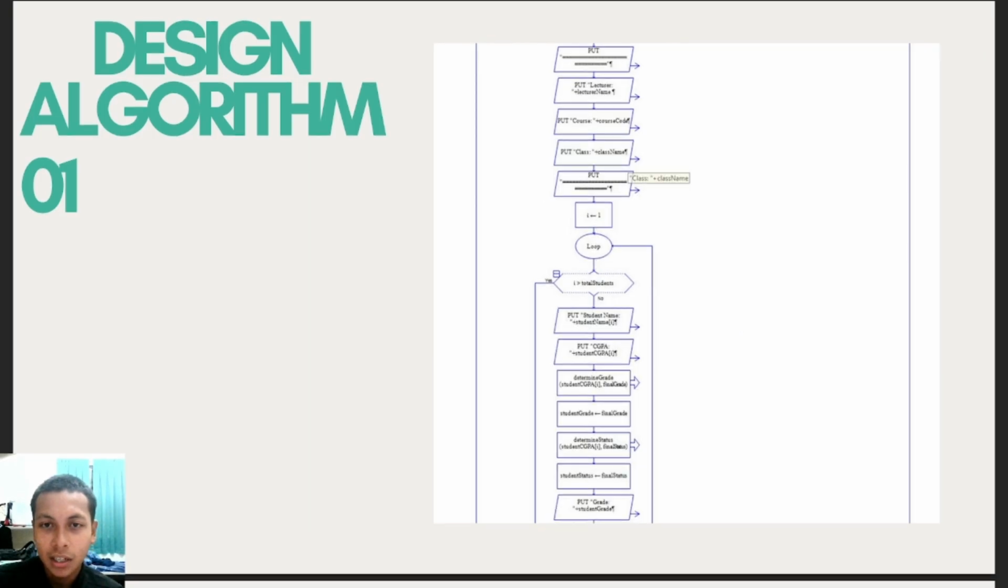Okay, here it will output the information for the lecturer name, course code, and class. Here you will see we also use a for loop. This is the third for loop, I think. Yes, the third for loop. In the loop, it will repeat to output the student name, the student's GPA, the student grade, student status,